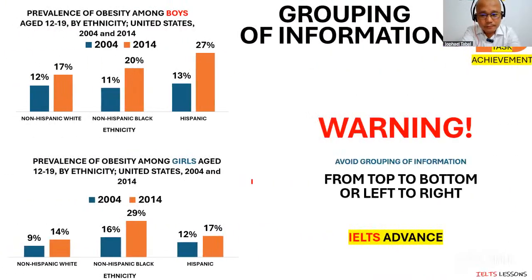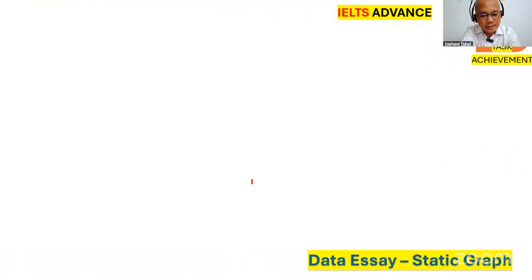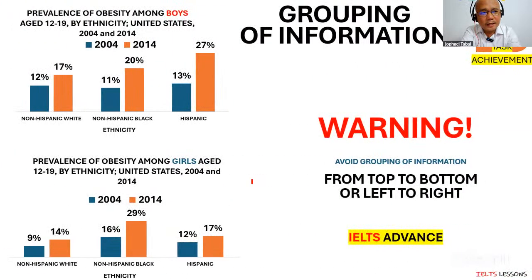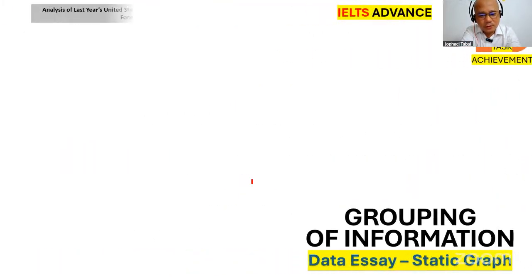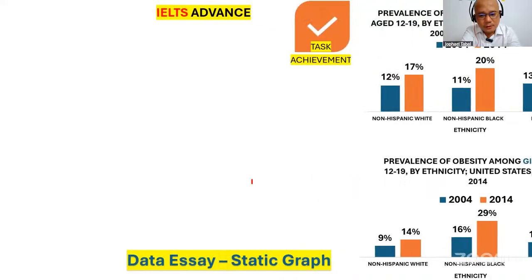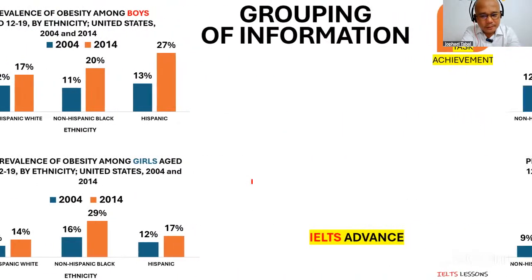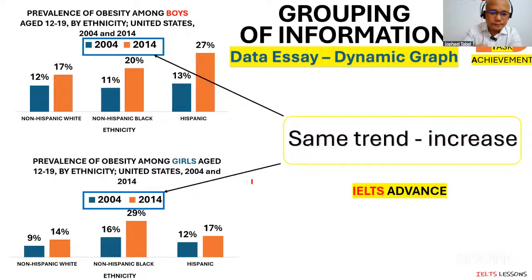All right. Now, again, it is a stern warning for candidates to group their information from top to bottom or from left to right. So, how to avoid that? To avoid that is simply to again identify the trend or the group that shows the same movement or same pattern. So here, for example, in grouping the information here,